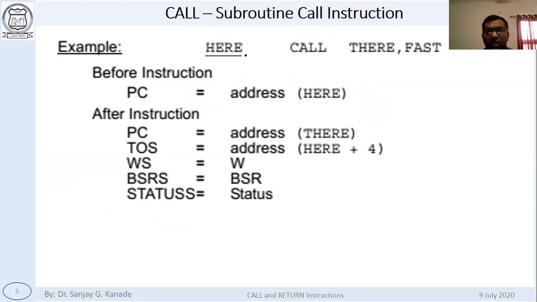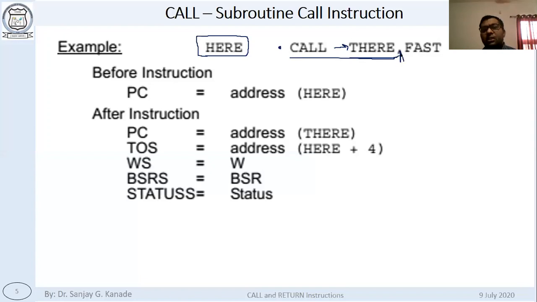Here, the first field is a label given at call. This you may give or you may not give, because if you want to come to this particular call instruction at some other time in your program, at that time you will have to give the label to this instruction also; otherwise there is no need. But this particular label after call is a must, because it is part of the syntax.